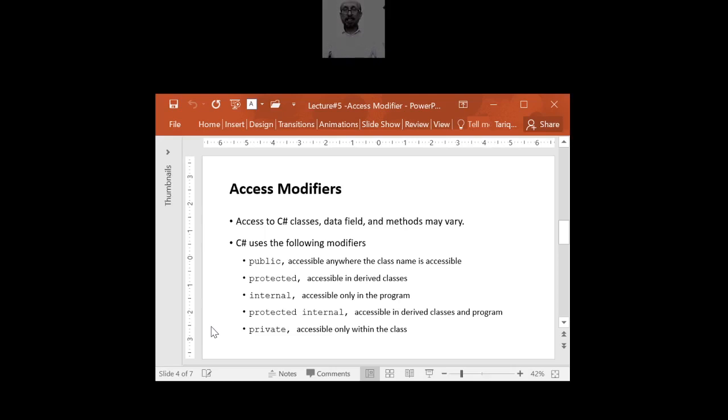And we do have a private access modifier. This private access modifier is only available within the class. If the method is private, you cannot access it outside the class. Similarly, if the data is private, you cannot access it outside the class. Now, let's see the example of this